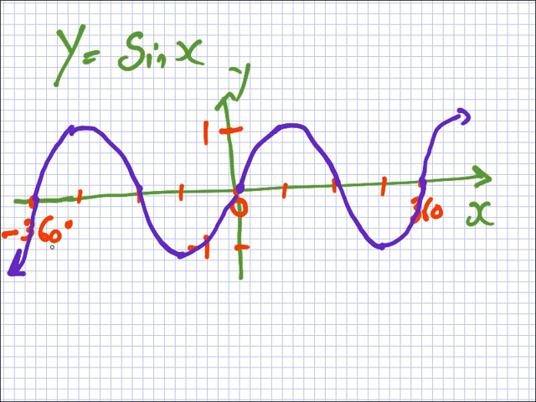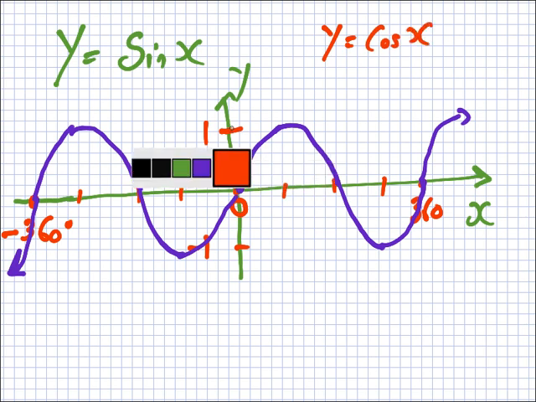Have you got that? Yeah? Okay. Now, let's have a look here. The next graph, y equals cos x. That will start at 1. It'll go down to minus 1